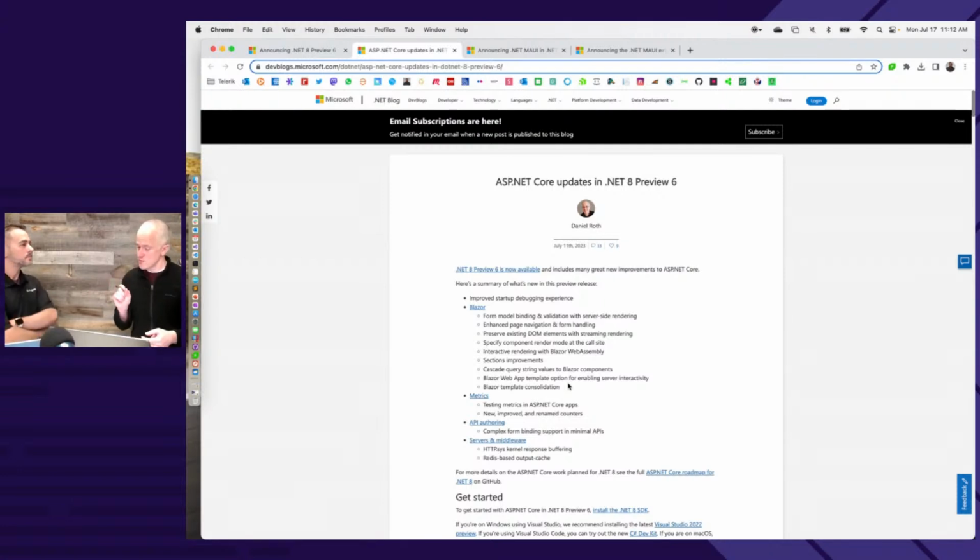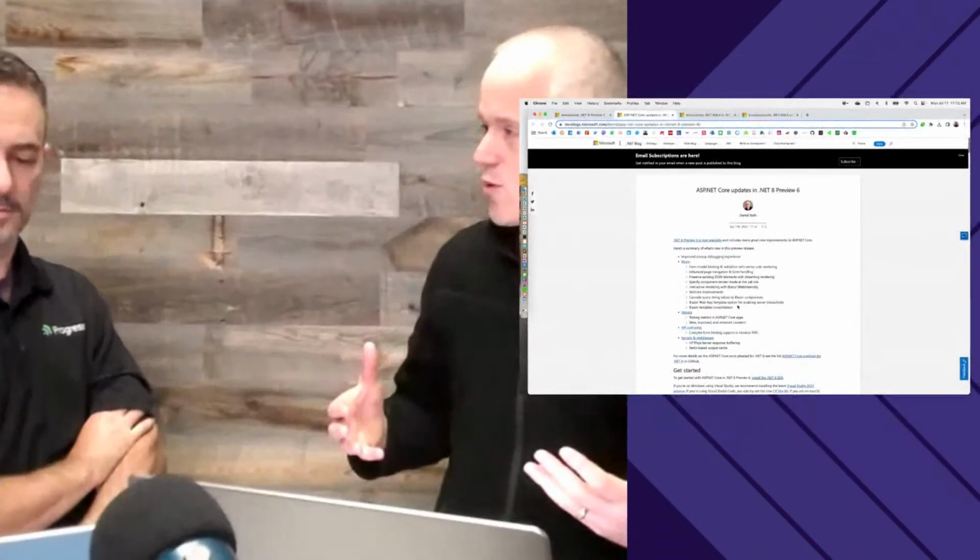Another more advanced capability is what we call streaming rendering, where sometimes with a server-side rendered page, you might be doing long-running asynchronous tasks, like you might need to go talk to a database, or you might need to make an API call. With traditional server-side rendering, you have to wait for all those tasks to complete before you can actually fully render the page. So the user browses to the page and it sits there spinning for a little bit while the database data is being loaded or the API call is being completed. And then boom, you get the HTML and now the user sees pixels.